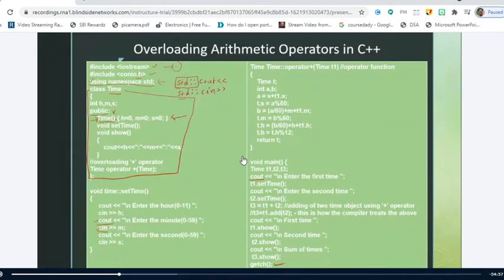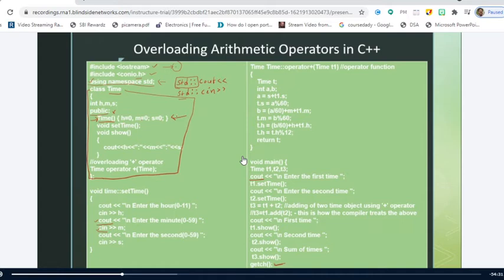No. Within the curly braces I have given the body of the function, initializing the value of h to 0, m to 0, and s to 0. h stands for hour, m stands for minutes, and s stands for seconds.